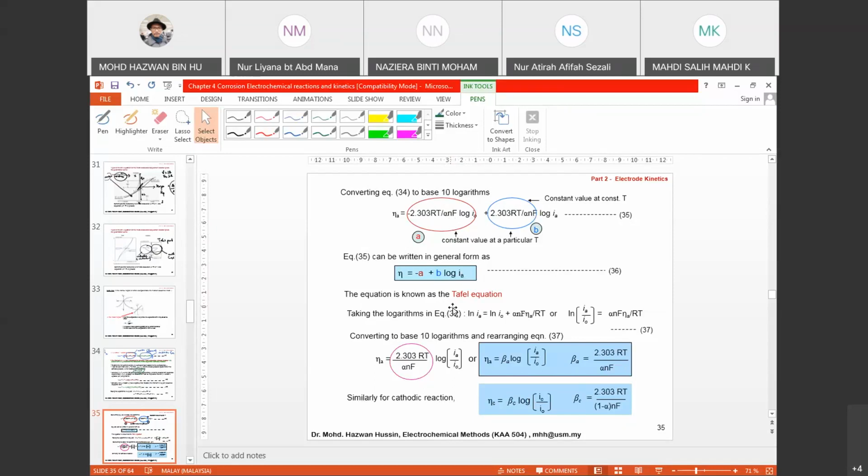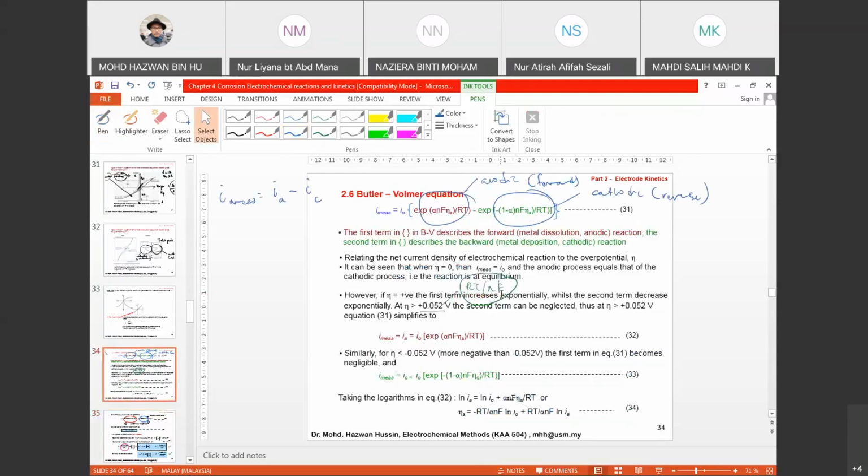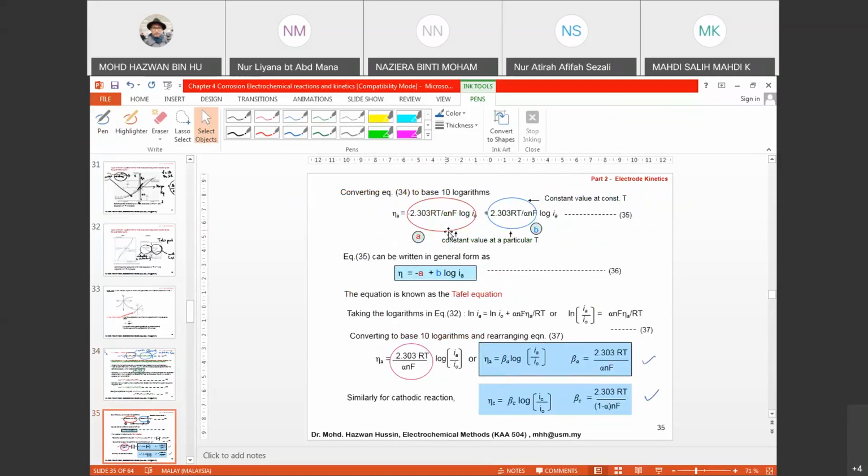So this equation is known as the Tafel equation. The Tafel equation is actually this one, where you get this beta A and beta C. How you can get the Tafel equation is basically from your Butler Volmer, and then you make it into log. You make it into log, and then you rearrange the terms, you just make it into